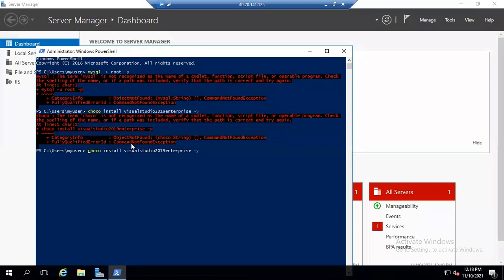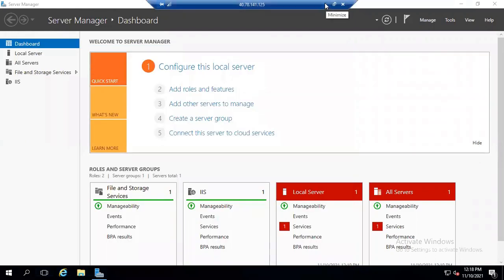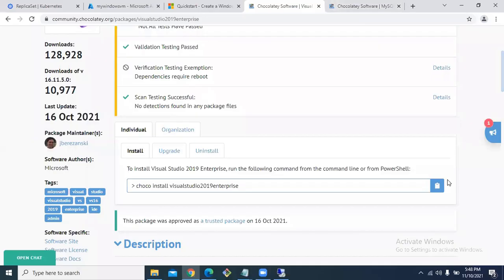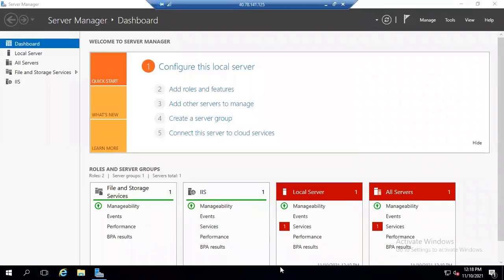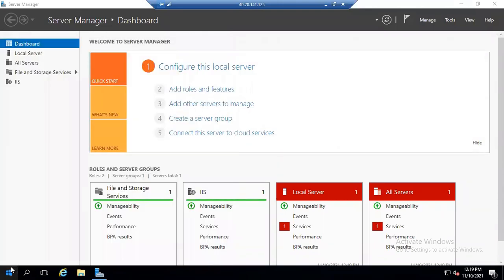When Chaco is not installed, did I install PowerShell? Did I install Chaco? Just wait. PowerShell.